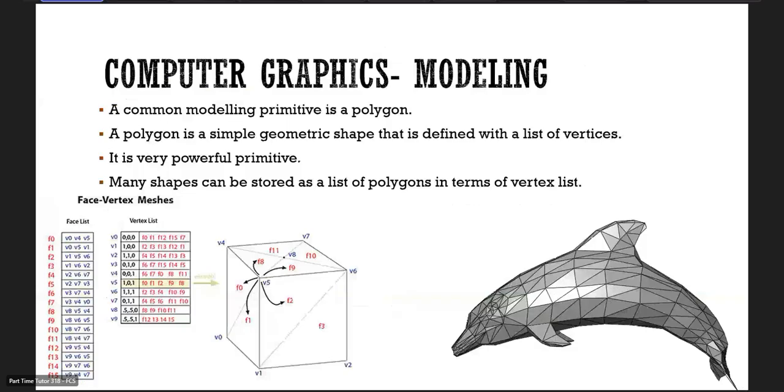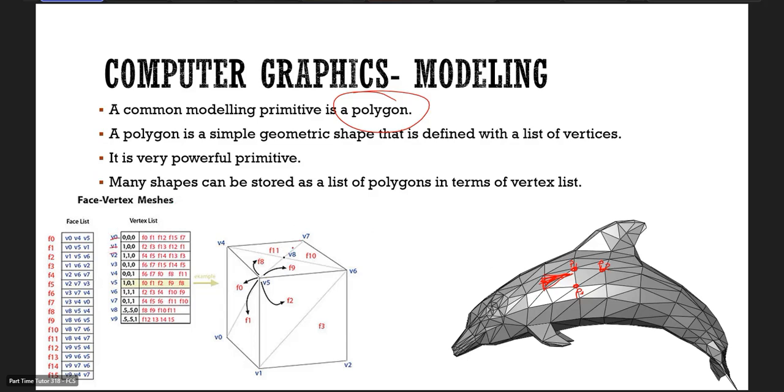Now, if you have to model a shape, here you can select the polygon. Okay, and if you have a polygon here, for example, this polygon, now, how to describe this polygon? We can describe this polygon by giving the points. Let's suppose that we have P1, P2, and P3. So these points are called vertices. So the vertex 1, the vertex 2, and vertex 3. So we can describe the whole geometry by giving the list of